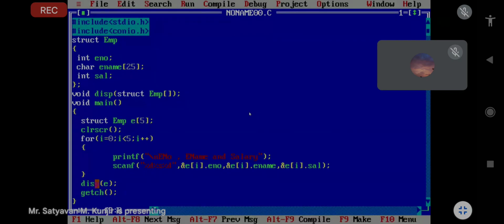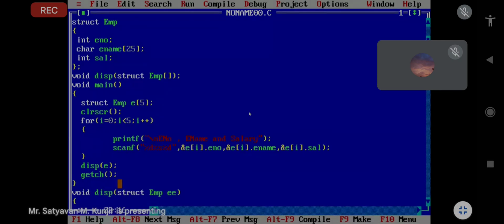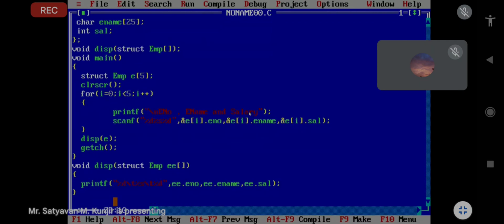So here I have written this e. Then here also we have to make the changes. E with square bracket. And then here we can set a for loop. Let me type first. For i equal to 0, i less than 5, i plus plus.